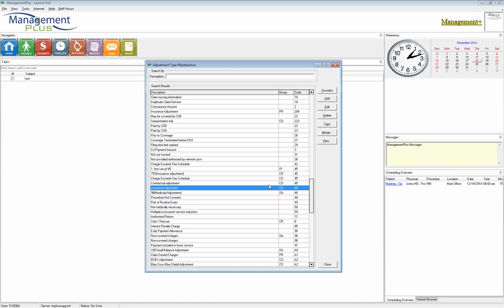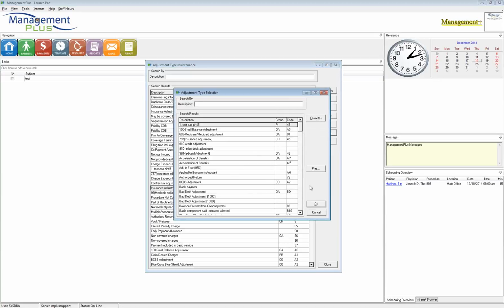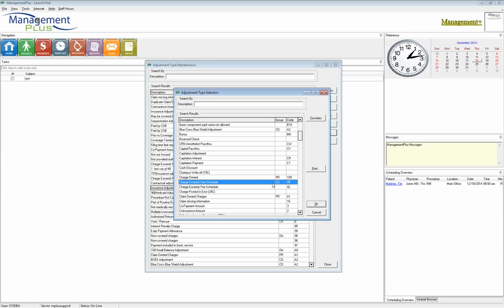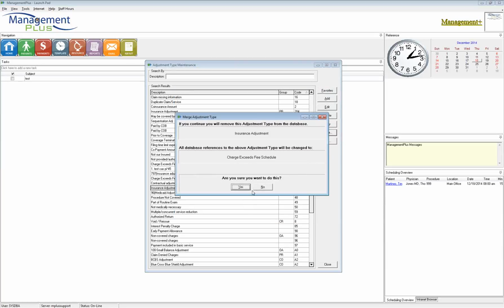Now, you might have a couple in your system, and you're not sure which one was added first. Pick the one that you want to use and merge the others into that particular code. So if I want to get rid of insurance adjustment, I can go ahead and merge that with the one that says charge exceeds fee schedule. And remember, when you're merging, think about it as bad into good. So the one that you want to keep at the end is the one you will choose second. So you'll want to merge those